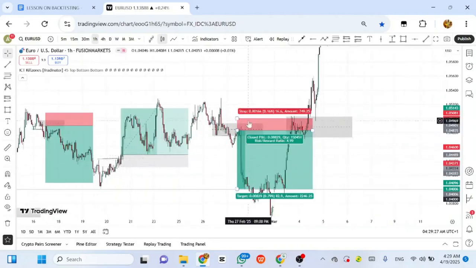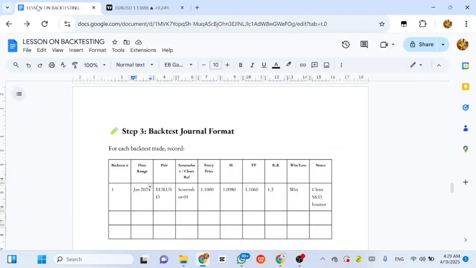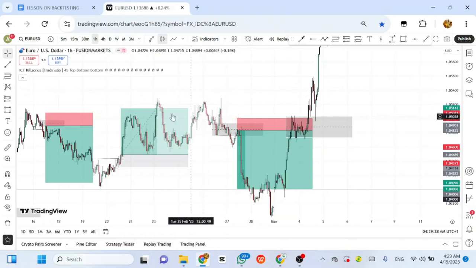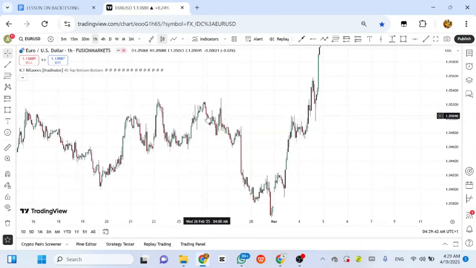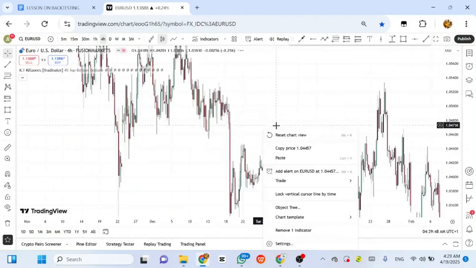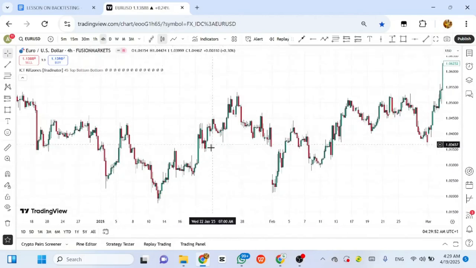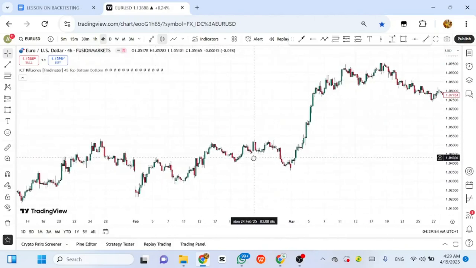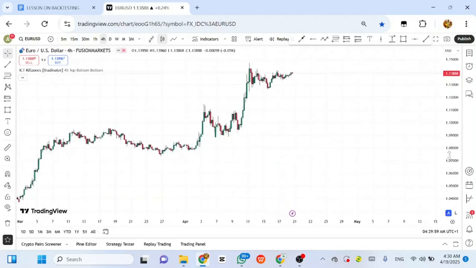I know there are many more complexities to these strategies, but note that the purpose of this is for backtesting. So now you have your own strategy. What do you do? You apply it. If your strategy is on 4 hours, you use the 4 hours time frame. You're looking for a breakout and retest, you just do the same, and you are good, because you just need to test.